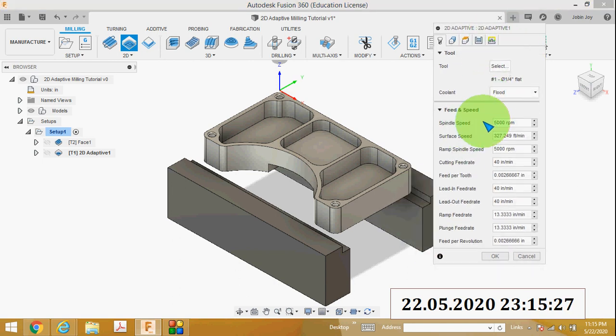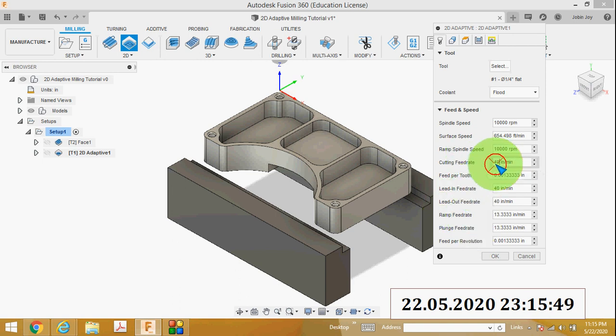Then click OK. Under the feed and speed tab I will adjust the spindle speed to 10,000 rpm, and the ramp spindle speed also to 10,000 rpm.